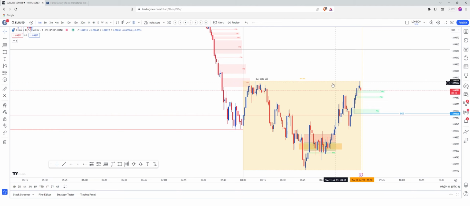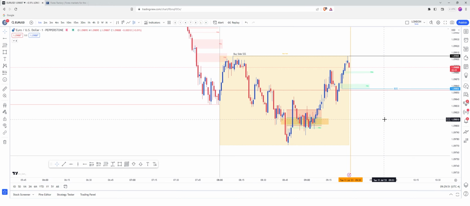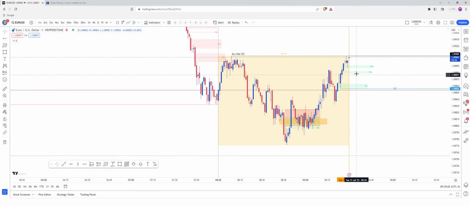We've engineered a bit of equal liquidity here, equal highs and buy side just before the session opens. So a pull back and then a sweep of those highs might be in order. Again, keeping our eye on this break of structure at the moment. This potentially is going to be a new break of structure if it doesn't take that high out. So it hasn't, so we've got a break of structure here now.